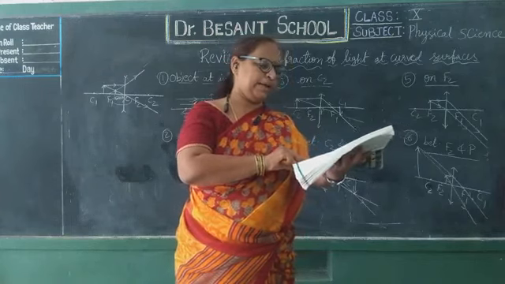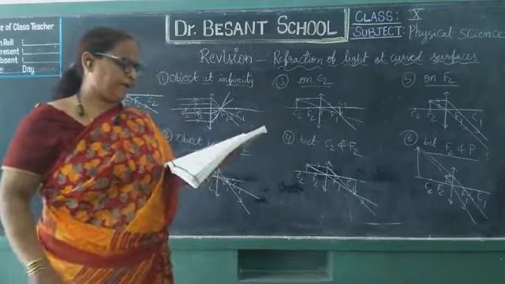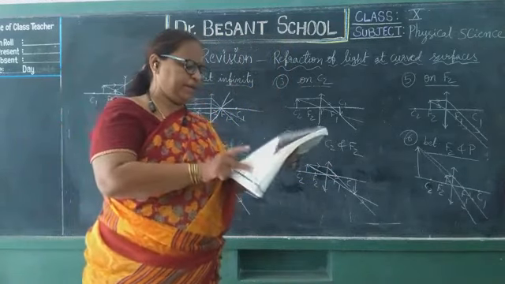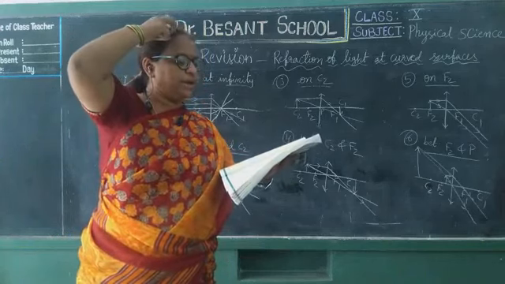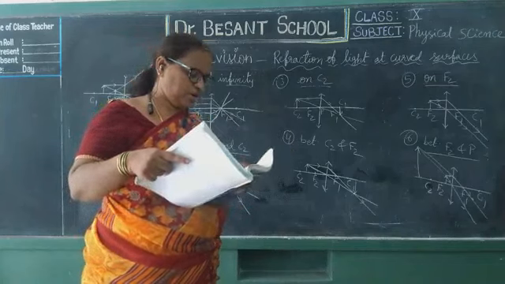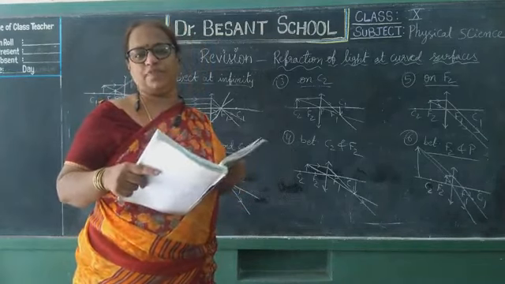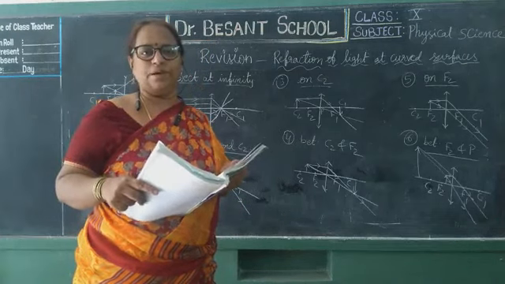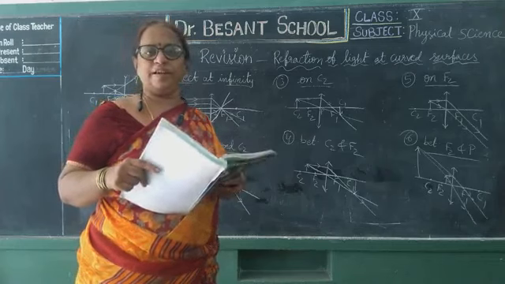Next, lab activity to find the focal length. How to do the activity is given. Simple activity, you can read that. Next, the most important ones are the lens formula and the lens maker's formula. As I told, derivation is not a must, you should only understand the derivation enough. He is never asking it in the exam. But the formula is very important and problems based on the formula are very important.